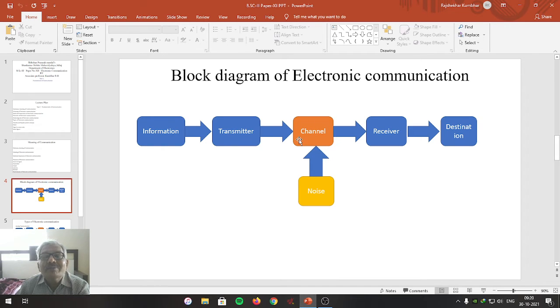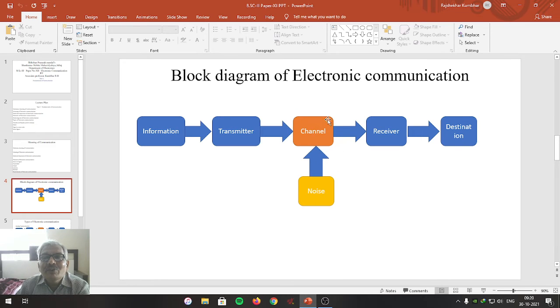The radiations in the form of a high frequency signal will start traveling through the channel now. When the signal travels through the atmosphere, through space,